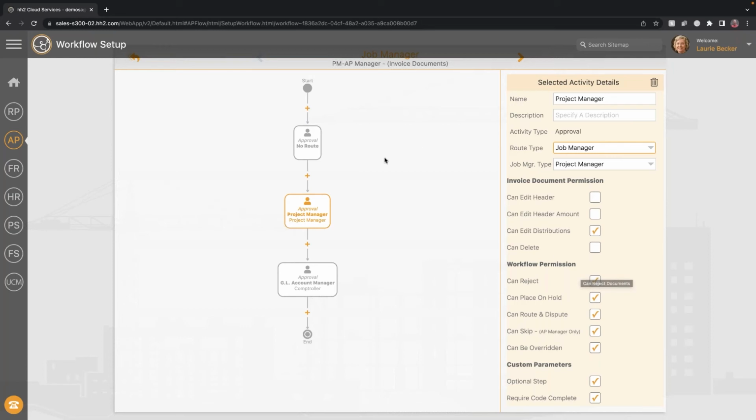Okay. Now, this is a pretty simple workflow. I have another level of approval that goes for any GL or overhead related stuff. We have roles and people assigned to that as well. You could route to named users. You could put on different routing rules to route to certain people if it's over dollar amounts. So just know that we support that. But I'd like to show a very simple version of it because most people, simple is best.